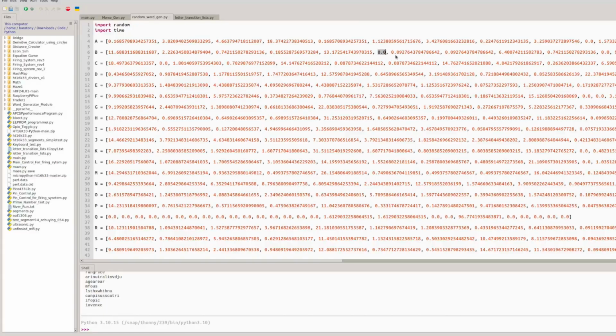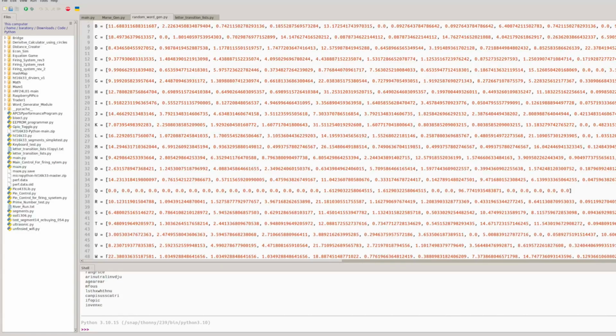So of the dictionary I gave it, there is not a single instance where after the letter B there is A, B, C, D, E, F. There's no instance in the dictionary where BF happens. And you're like, well, where did I get these probabilities from? Well, I got it